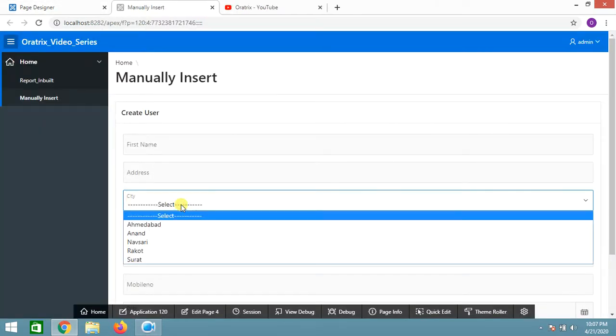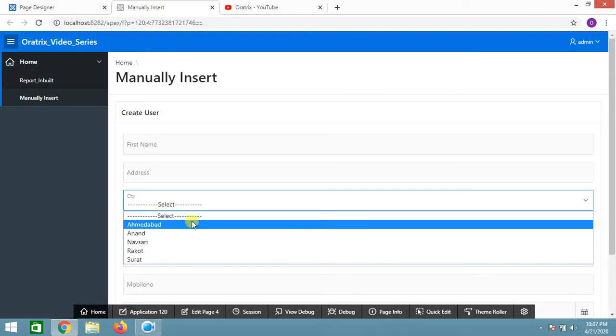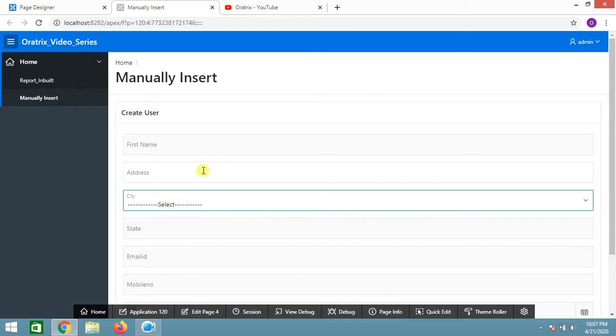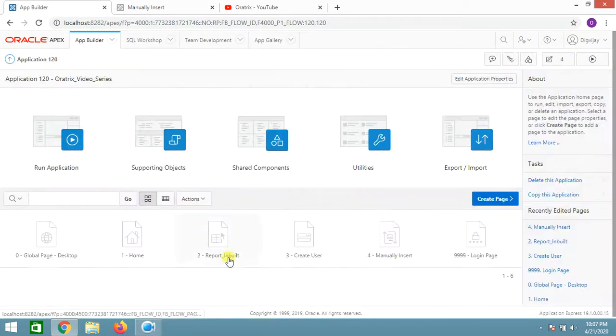We could have another shared component called state, and as soon as I click on a state, the corresponding cities should be populated. Let's say, for example, if I select Jammu Kashmir, then the cities in that particular state should be populated. So let me create another page so that you can understand easily.